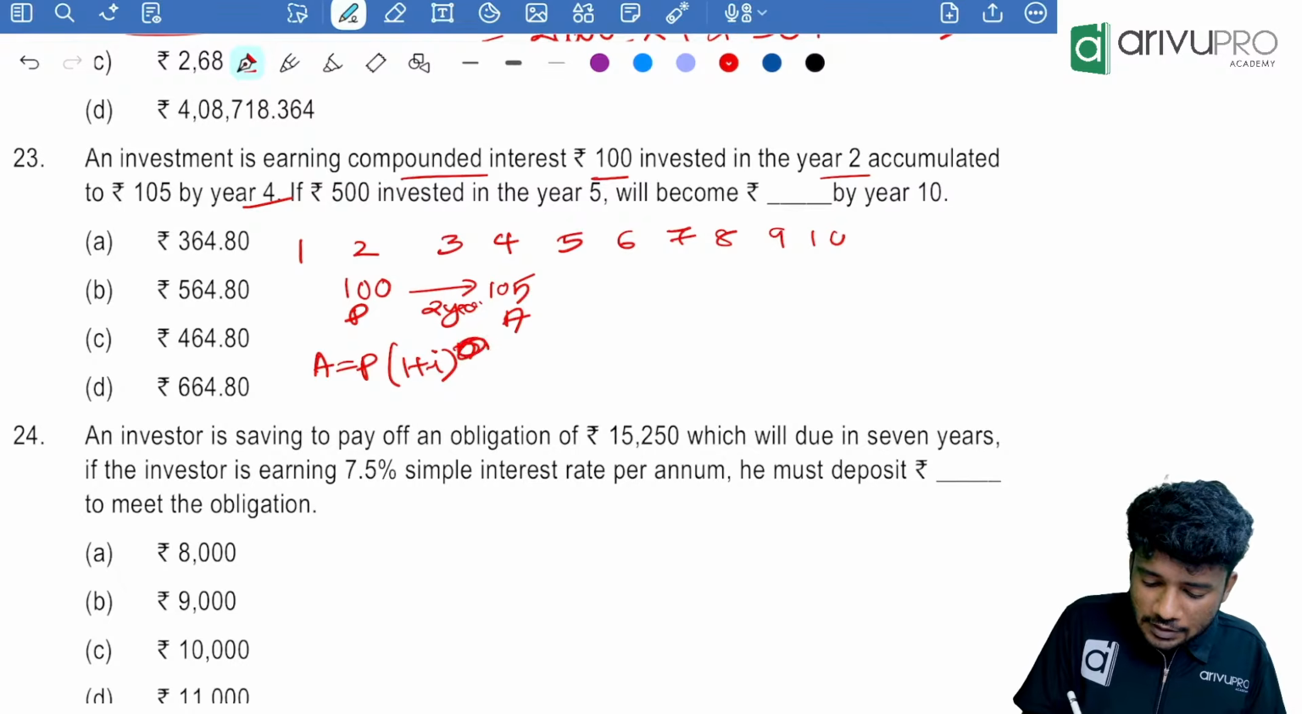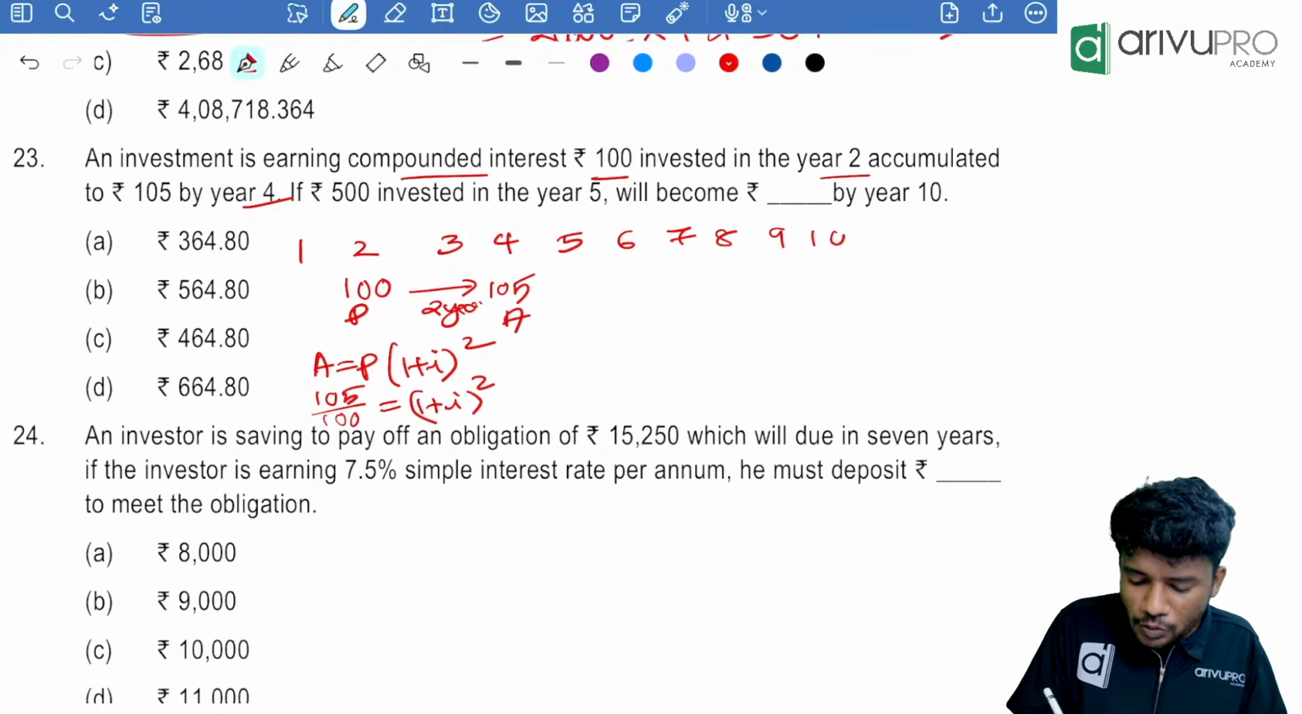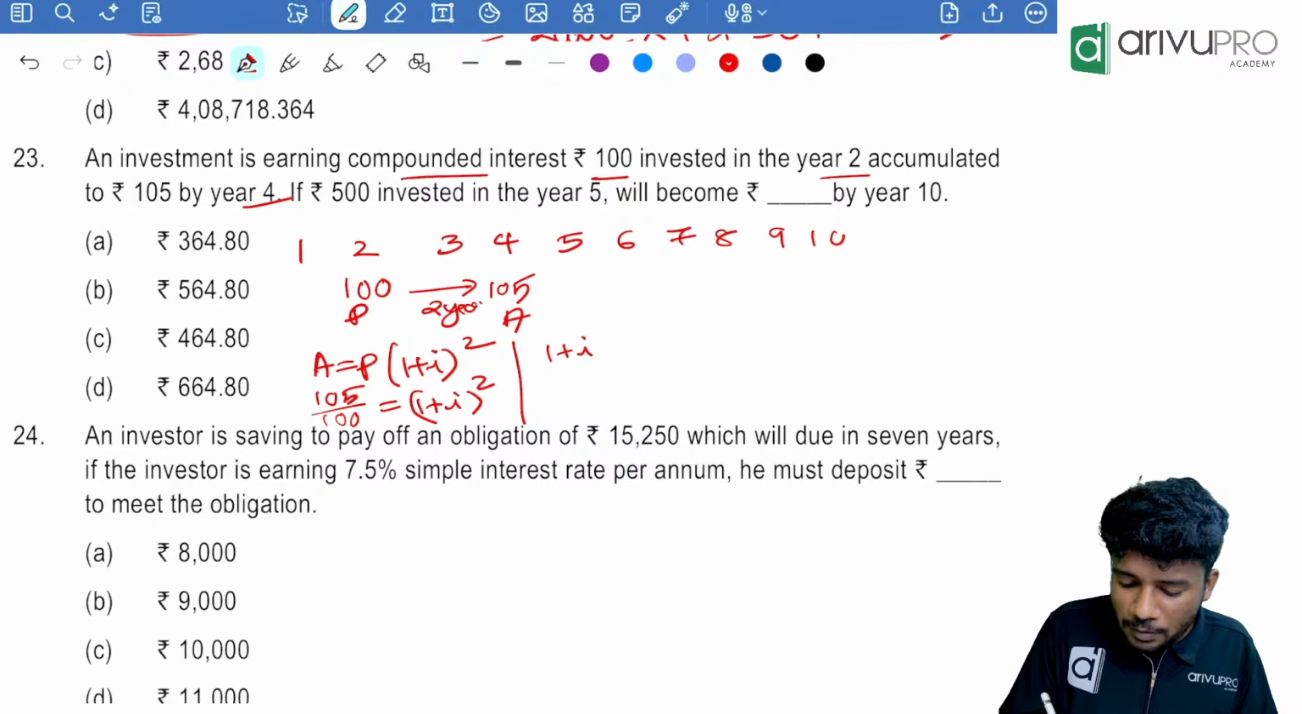From that, n is equal to how much? 2. Amount is 105 divided by 100, which is equal to 1 plus I, the whole power 2. Find me the value of 1 plus I. 1 plus I is nothing but